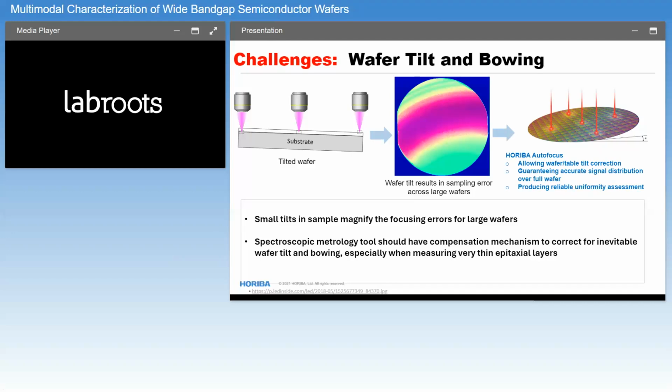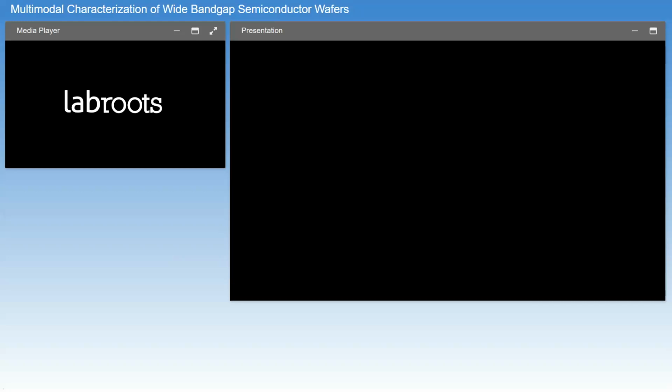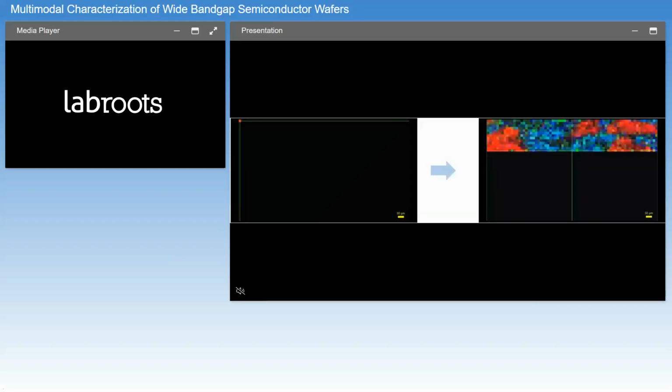The next thing I want to talk about is just speed, right? So again, wafers are getting larger and we need to probe them at even finer resolution. So if you're going to do that over large wafers, it can be very, very time consuming. And so most of these types of measurements, these optical spectroscopies, are done by rastering a beam across the wafer, with the stage moving or the beam being rastered independently. So I illustrate here